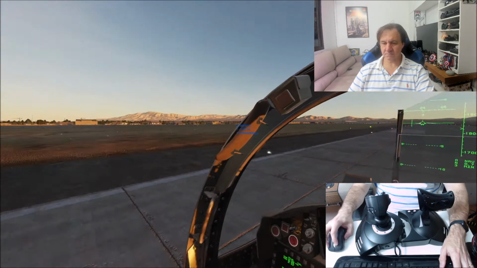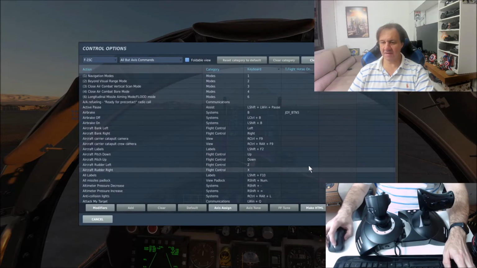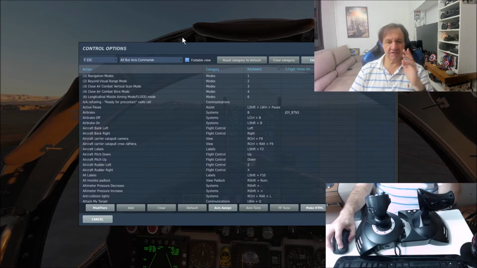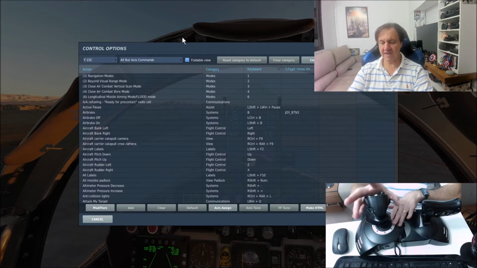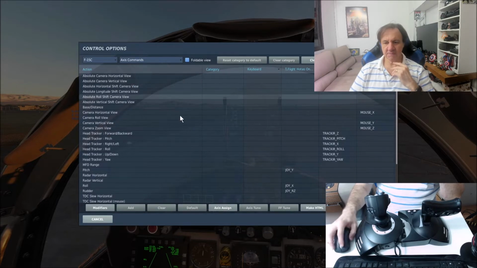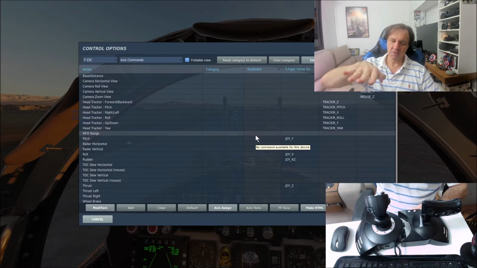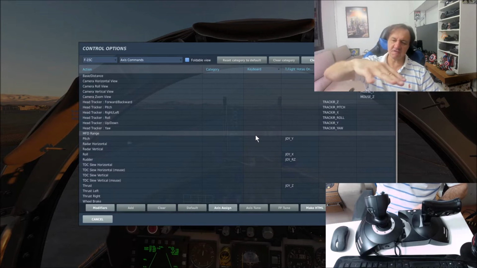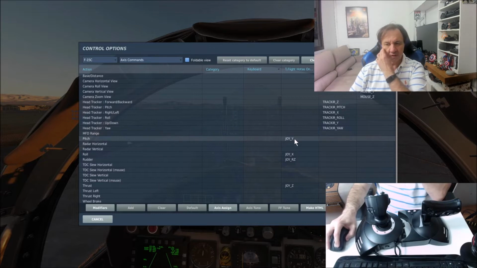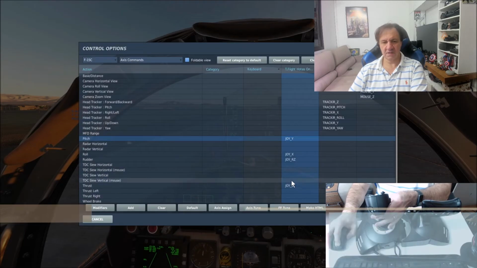So I'm back. What I'm going to do, I'm going to click Ask. Okay, I'm going to go to Adjust Controls. The first thing, okay, we need to configure the axis commands. So I'm going to choose here axis commands. And we need to configure these movements here, pitch, roll, or yaw, okay, but it's known also as rudder. So pitch, okay, this movement, roll,